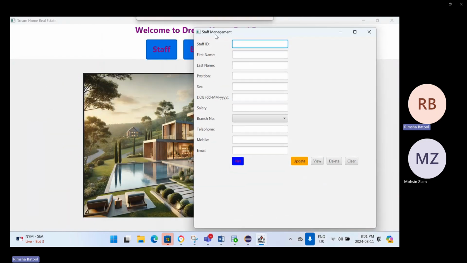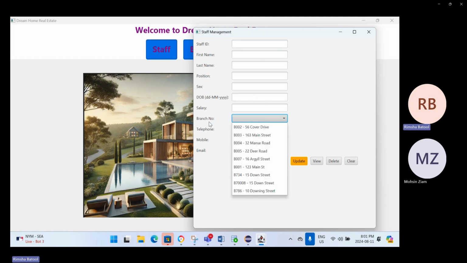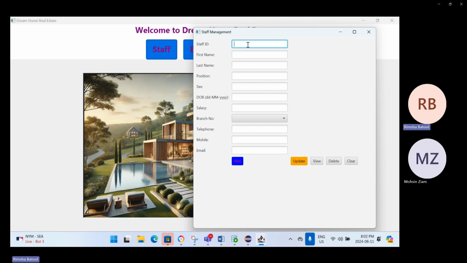So for the staff management, we have used procedures in both SQL and Java as well. I'll go to the code later. So for the staff ID, now you can see here we have used this drop-down menu for staff branch number. So for this, let me just hire a staff